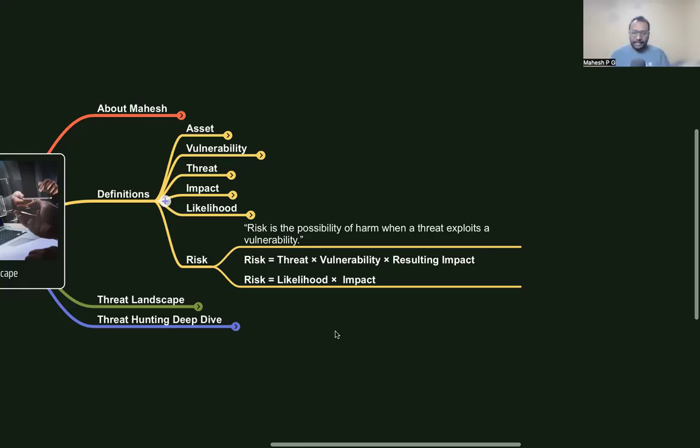What is a risk? Risk is the possibility of harm, in simple terms the threat exploiting a vulnerability, and the resulting impact is the risk. The loss of valuables, the stolen jewelry or the money or the valuable items from a home is the risk. Okay, in simplest terms, risk is explained as the likelihood into impact, how much, or the possibility that an impact can happen to the